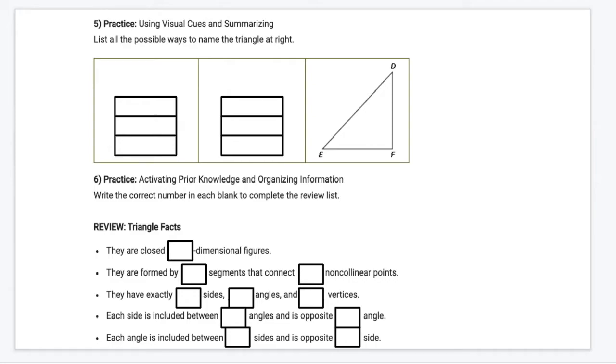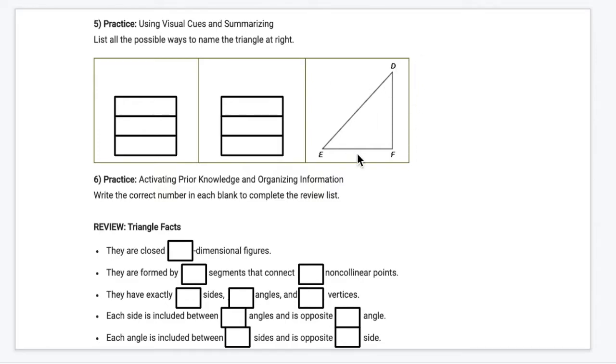So we want to know how to name triangles as well, and there are a lot of different ways that we can name triangles. The way we name triangles is super important whenever we do congruence proofs later on, because the way you name your triangle is actually how you are writing in verbal form that two triangles are congruent to each other. So we want to know all the different ways that we can name them, right? We always name our triangle by their vertices,